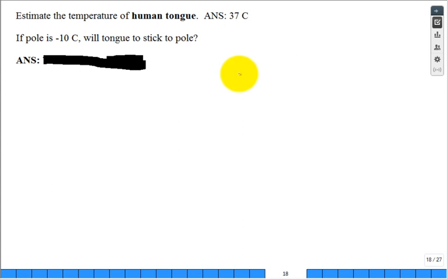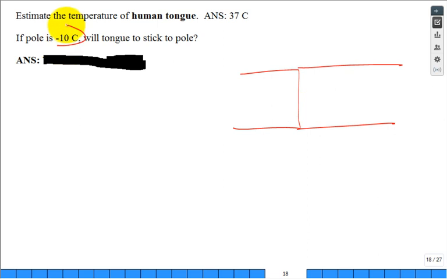But when the 37C semi-infinite material comes in contact with the metal pole, semi-infinite, and maybe that pole is -10 degrees C, all you need is that surface temperature of the contact with a little moisture on the end of that tongue. Just like a little moisture, sweat on the fingers when you grab something frozen, metal, or an ice cube in the tray. All that has to do is get below the magic 0C,